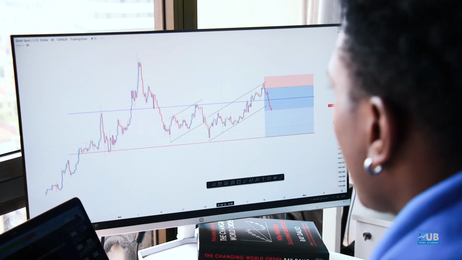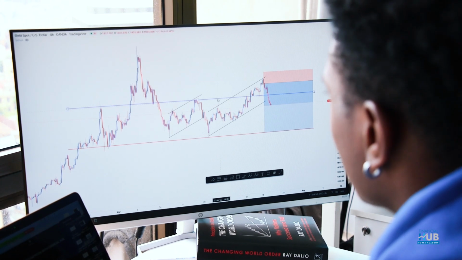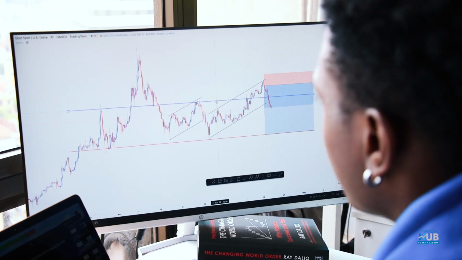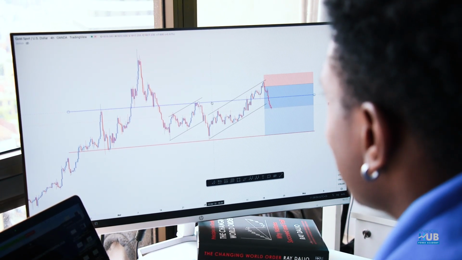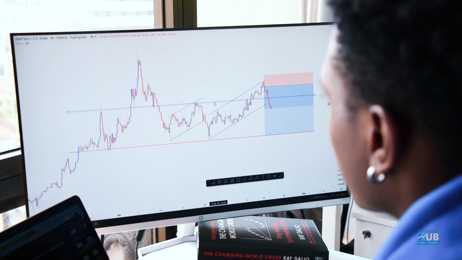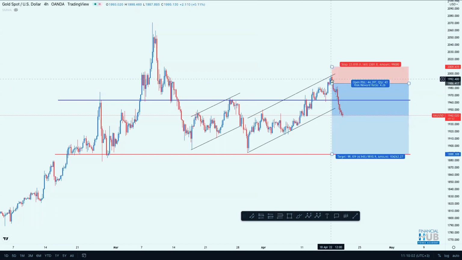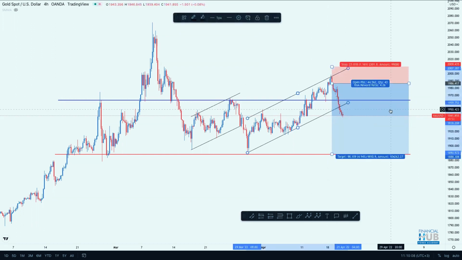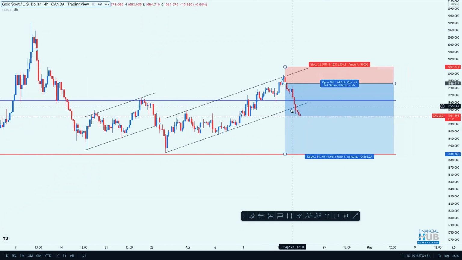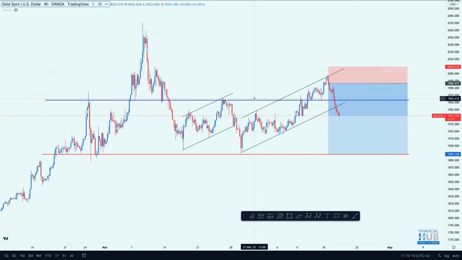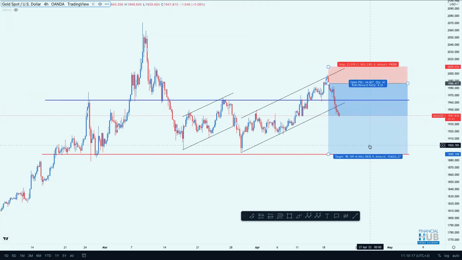There you go. So we had this resistance level, this is more adjusted on the 4-hour chart. So this is more of the 1962.5 level that I was watching. You can see market broke that level. Market shot all the way above, touched the higher boundary of the flag formation, and now market has closed back below. And also now we got a break of this trend line over here, okay? So you can see this level here, market has broken it and also broken and closed below the resistance level 1960.